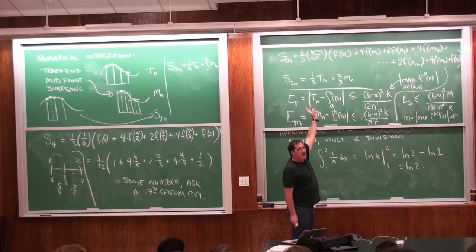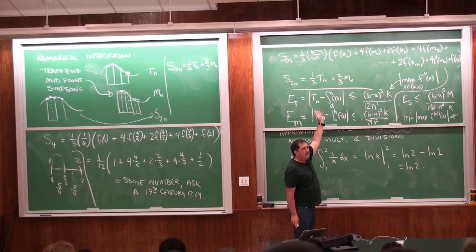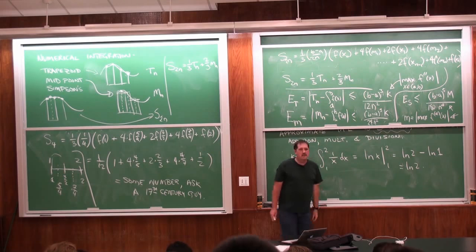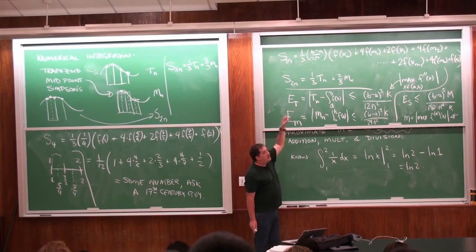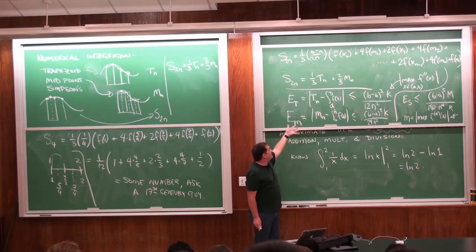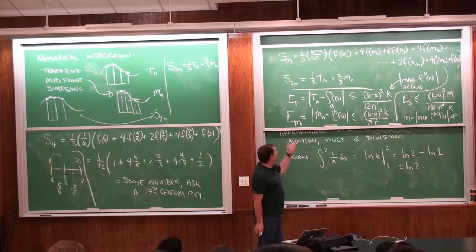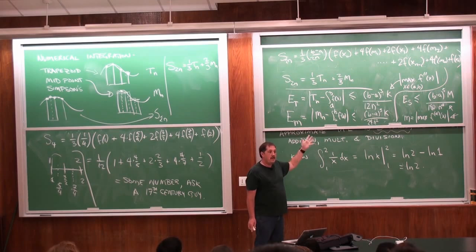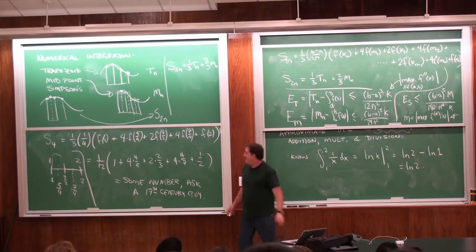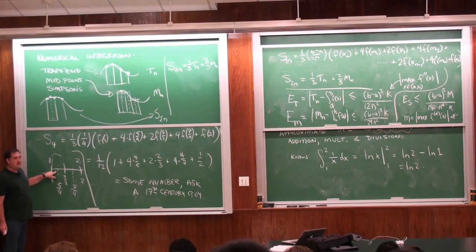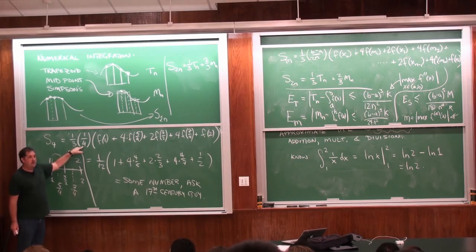So, that number, b minus a over 100, is not the width of the interval, it's the distance between the points. Right? That's why it's a 2n. If you think of it as the distance between the points, then it's b minus a over 2n. That's putting 2n points in there. In this case, the distance from here to here is 1/4. Distance from the first point to the next point, which happens to be a midpoint, is 1/4. So I divide by 1/4. This is right.